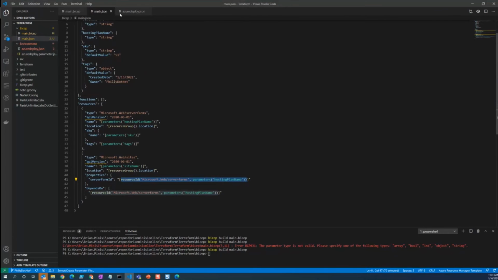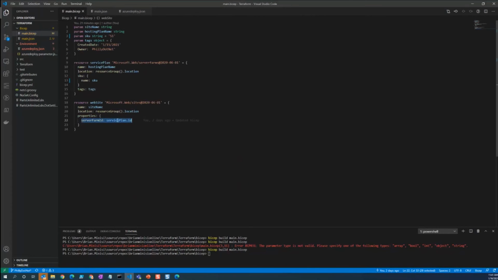Here, it's just IntelliSense. It's kind of like Terraform in a way. That's what Bicep is supposed to do, be as approachable as Terraform in the development of these infrastructure as code templates.